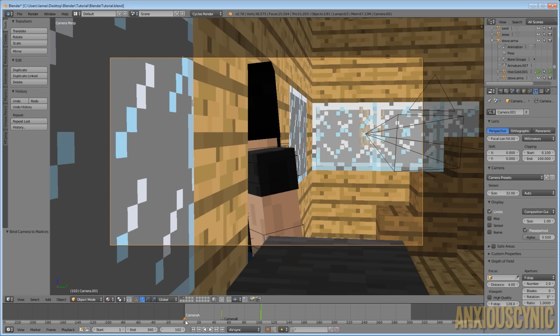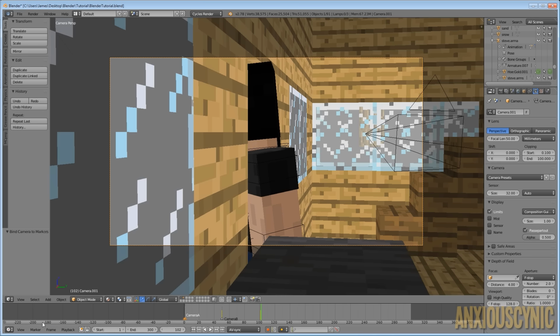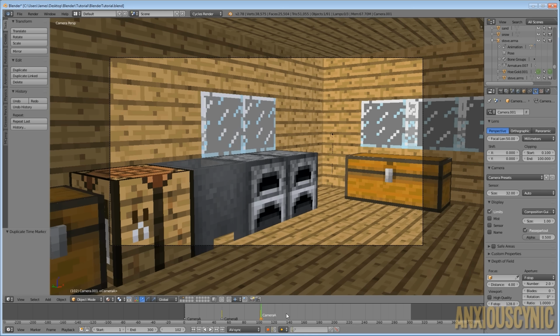So what I'm going to do is have the camera A marker selected, and I'm going to hit Shift and D on the keyboard. Alternatively, you can go over here to marker, and it says duplicate marker right there, not to scene, but to duplicate marker. You can see there it says Shift D, and if I click that, then that duplicates that one, and now we're automatically moving it around. I'm just going to bring it to this frame here, and you can see here it says 102, camera 001, camera A, and we're going to have that marker go there. Okay, let's go ahead and save.